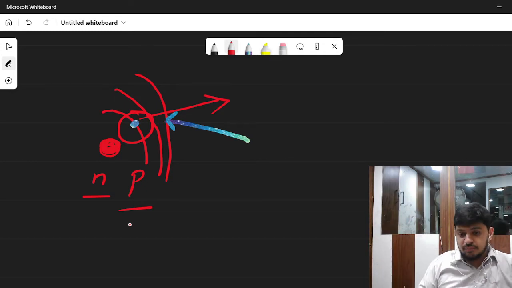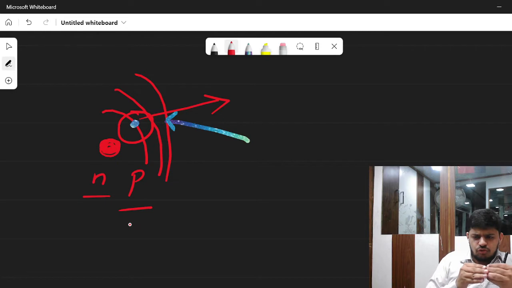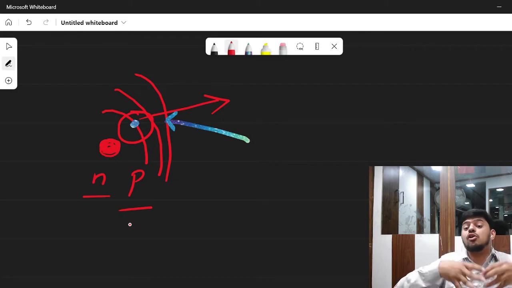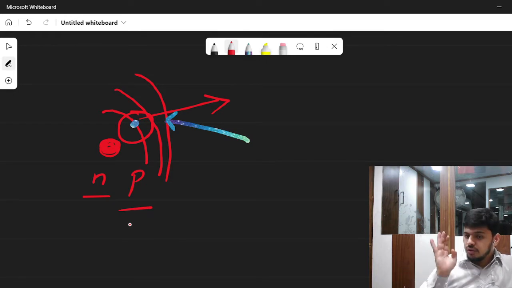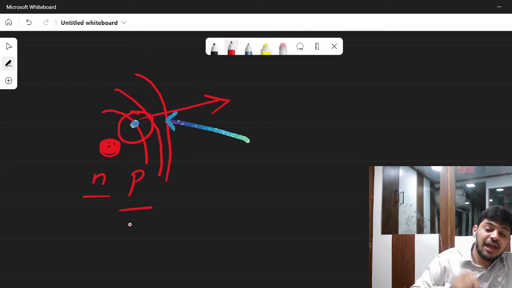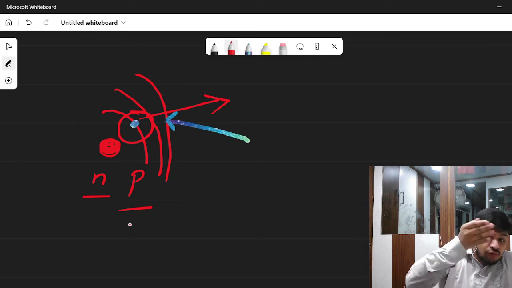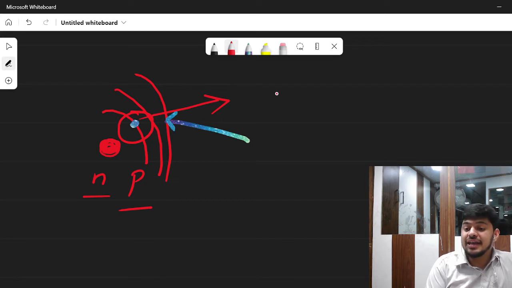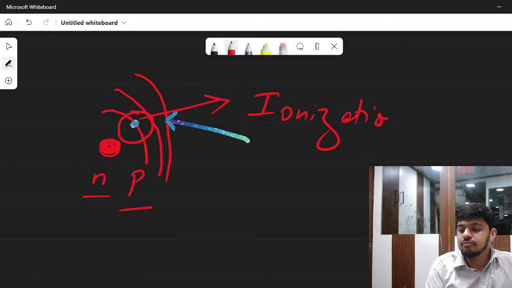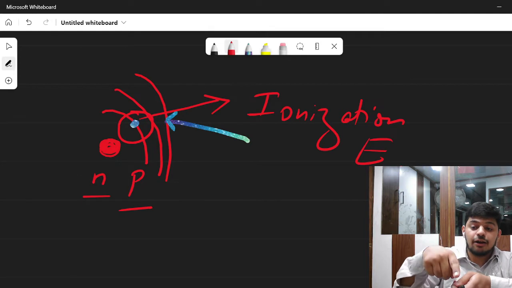For example, if I give small energy, it will go a little bit far away. If I give a lot of energy, what will happen? The electron will go out. It means the amount of energy given to any atom so that the electron will come out, that you already know, is called ionization energy. Ionization energy is the amount of energy that should be given to the electron to remove it from